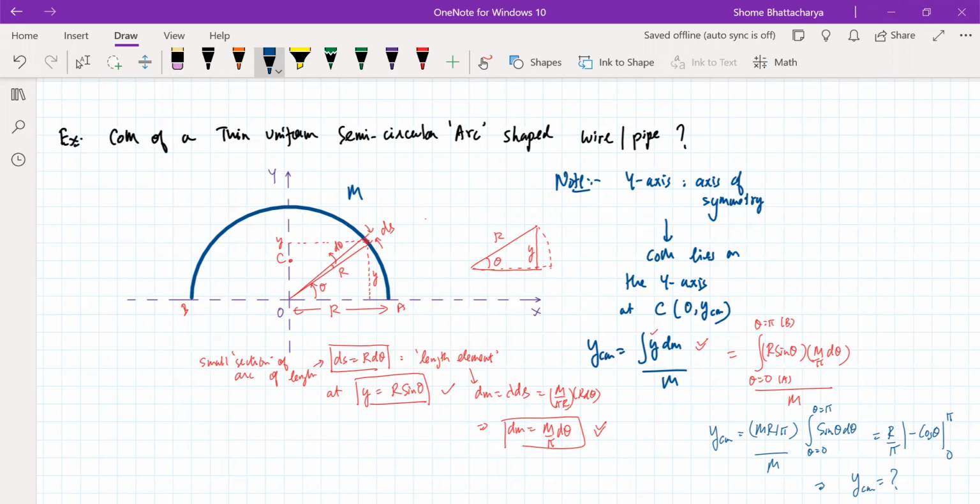So is there any other method instead of using the theta and all? Instead of using theta, yes, sir. See, if we take another method, then we have to take differential dx and dy, and then it becomes very complicated because that small arc length ds that you're taking will have a component dx as well as a component dy. Understanding now? It will become like square root of dx square plus dy square. Then we'll have to use the constraint relation between x and y, that x square plus y square is equal to r square. So unnecessarily the whole thing will become very complicated.